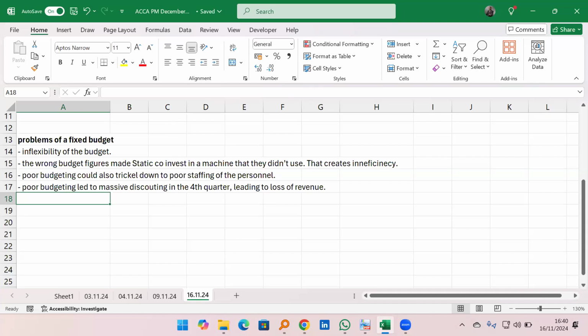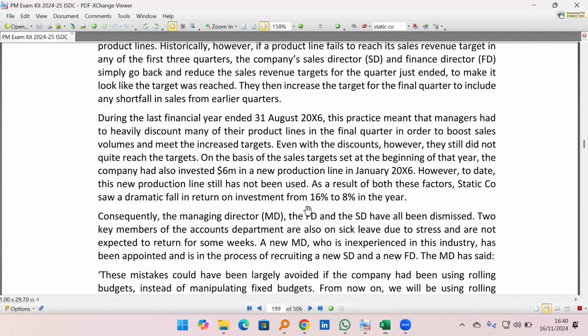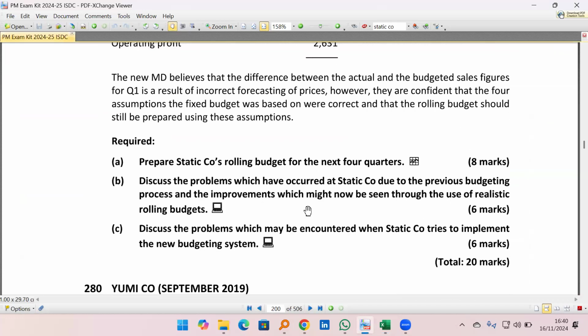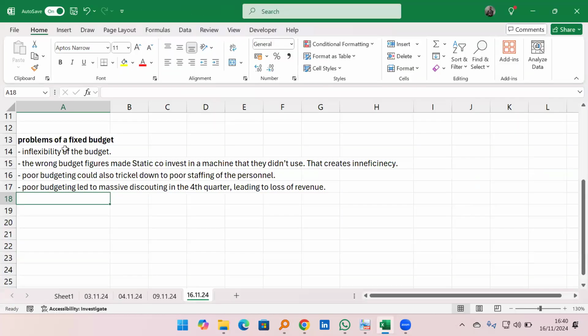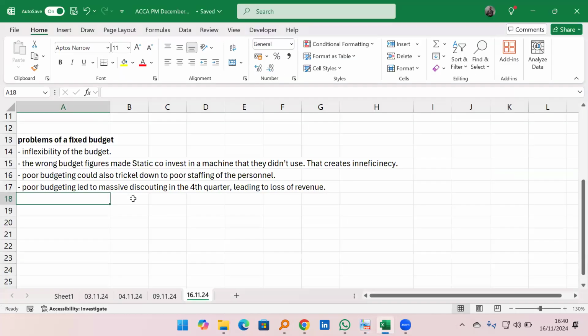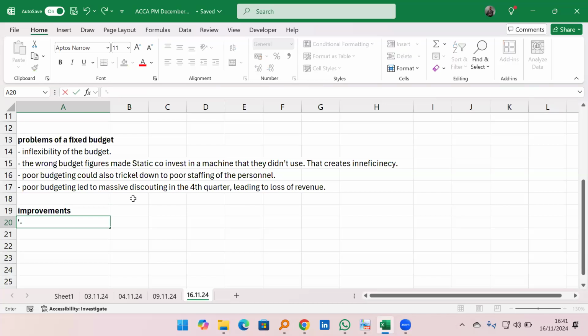So those are the problems, and if I remember, you have to be looking at the question. You don't have to write so many things when the question is for 6 marks, because we have already made 4 points, and yet we need to also talk about the improvements that this budget is going to bring. So probably we can now start the improvements. Now, of course, with improvements, you can always get them from the problems. So the rolling budget